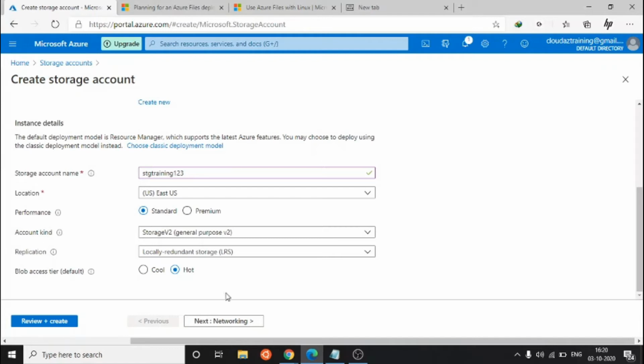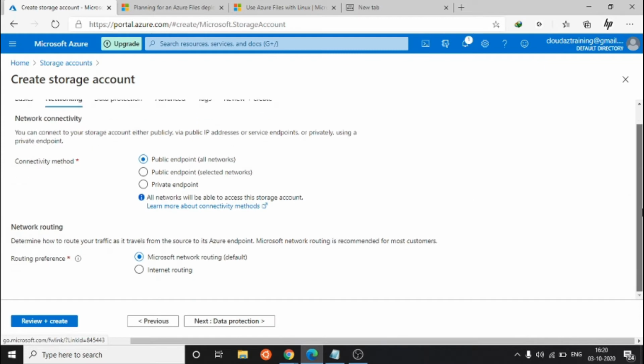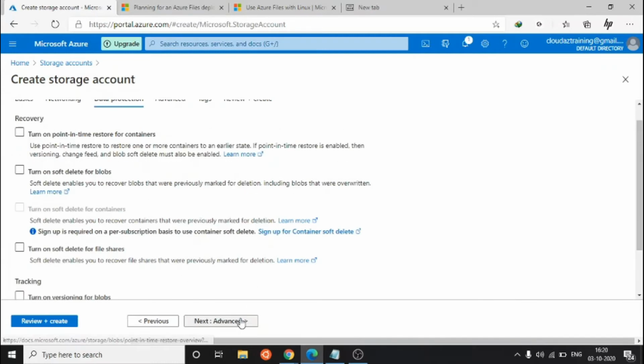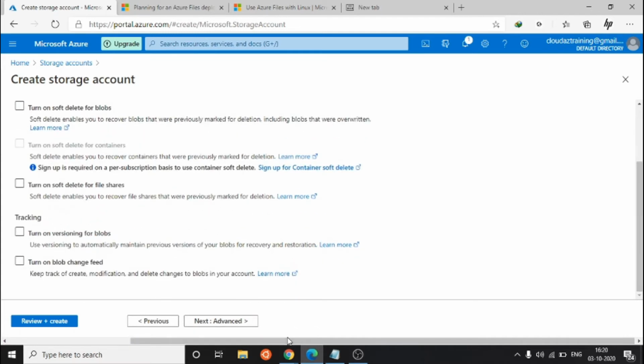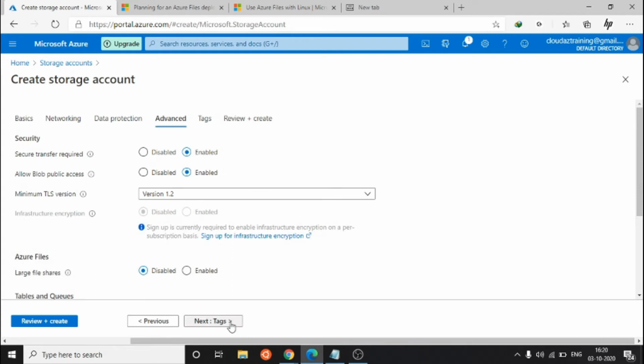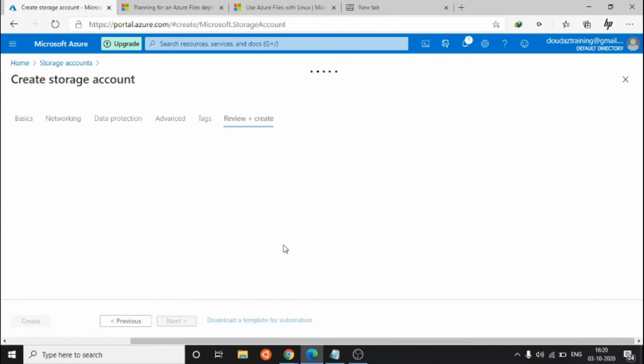Just go to next. I am not going to explain anything, it's normal. I am going to choose the defaults for whatever is here. Here also I am not going to touch anything. Just go to review and create.